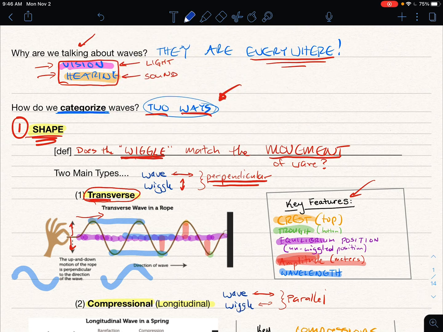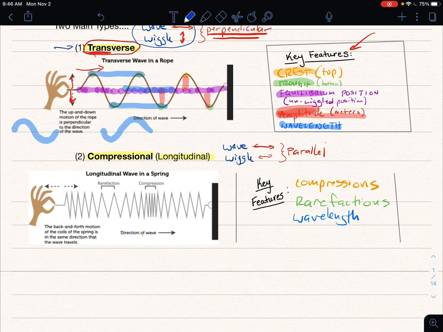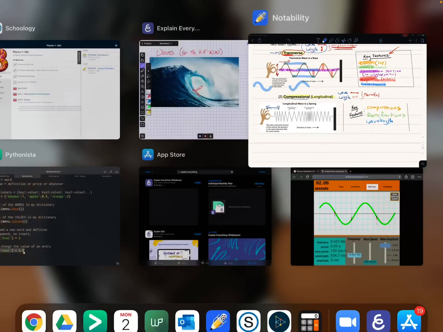The first wave shape we talked about was transverse, and that's the one where the direction of the movement and the direction of the wiggle are perpendicular to each other. The other one is going to be known as longitudinal. Sometimes you'll see this known as a compressional wave, and in this case, the hand or whatever's causing the wiggle is moving back and forth, and the wave's moving in that same direction as well. And again, it's not a permanent displacement. The particles themselves are wiggling back and forth in place.